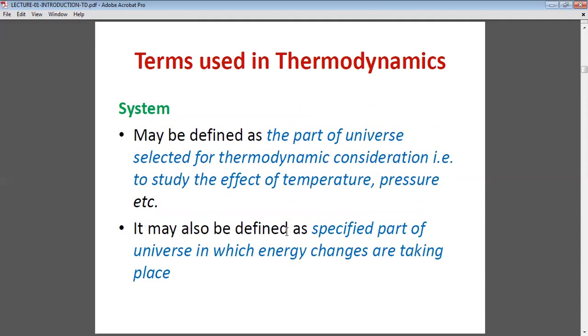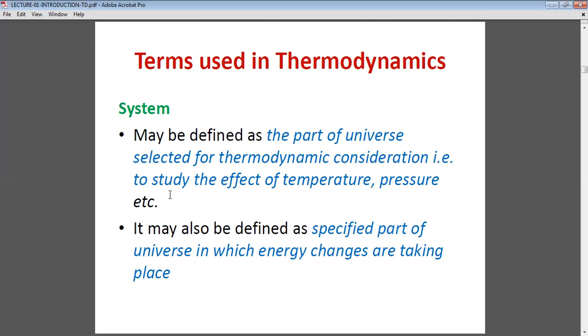And coming to the different terms that are used in thermodynamics, these terms are very frequently used. The first one is system. A system is defined as a quantity of matter or a region of space upon which our concentration is focused. While we are analyzing some problem, the area upon which our concentration is focused is known as a system. Everything external to the system may be taken as surroundings or the environment.